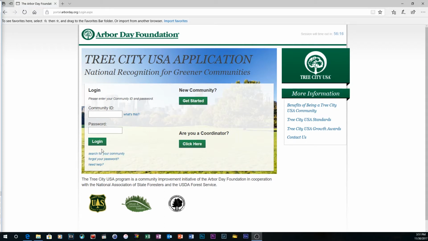And today we're going to do a walkthrough of what it takes to become a Tree City USA by going through the online application. So the first thing is you come to the Arbor Day Foundation's website, which is www.arborday.org. Then go to the Our Work tab, and then navigate to Tree City USA. There it'll have a start your application link, and once you click that, it'll bring you where we are here,